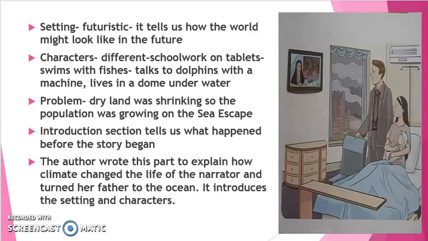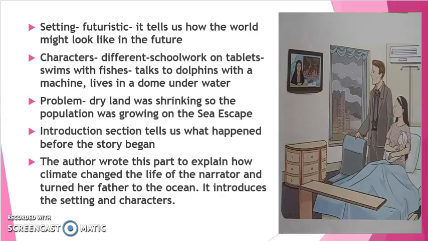Then you need to draw what the setting of the story looks like. I have told you that the setting of the story is under the ocean, on the seabed. So how would that setting look? You need to draw that. You can take some ideas from the pictures given in your content book. And you need to describe it in a few sentences. So after you draw it, describe what you have drawn.